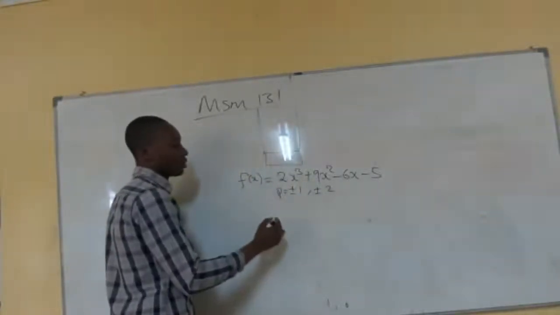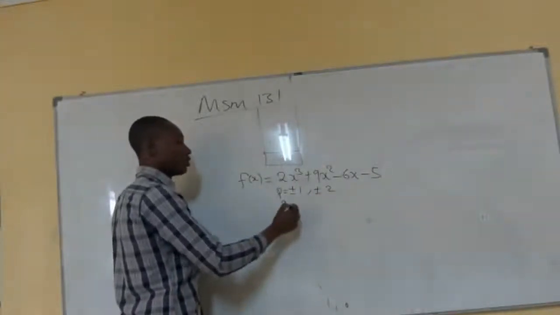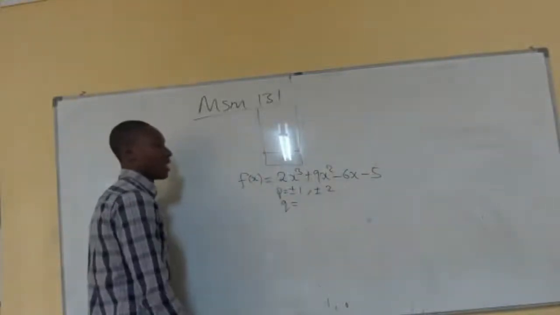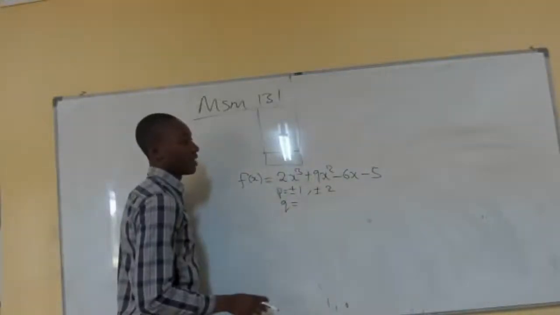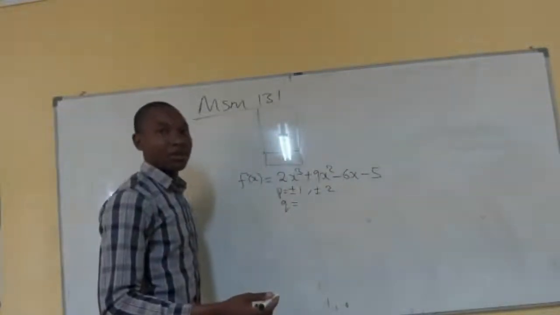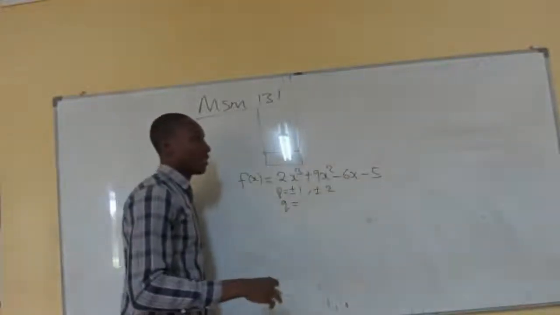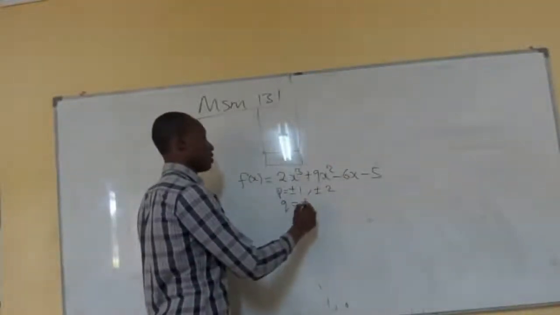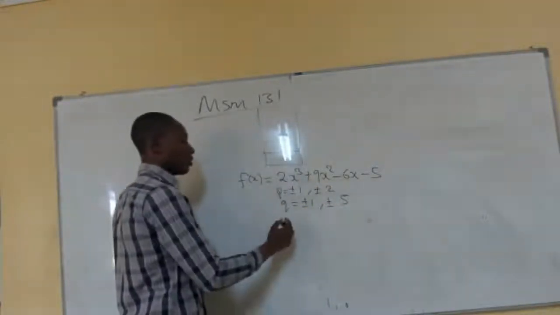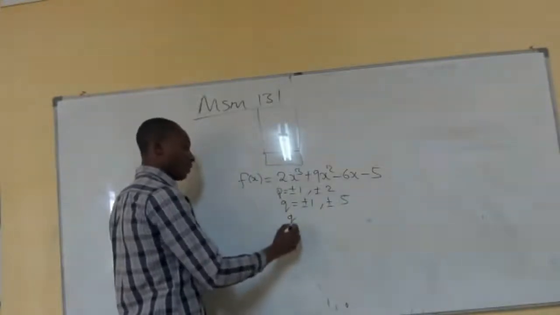Alright? Then we also consider the factors of Q. Okay, so Q is the constant, the part without an x. So we need the factors of negative 5. Okay, so the factors of negative 5 are negative 1, positive 1, negative 5, and positive 5. So plus or minus 1, plus or minus 5. So if we say Q over P,